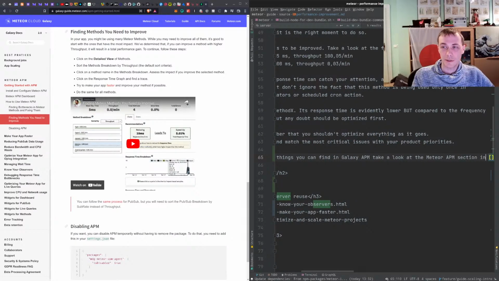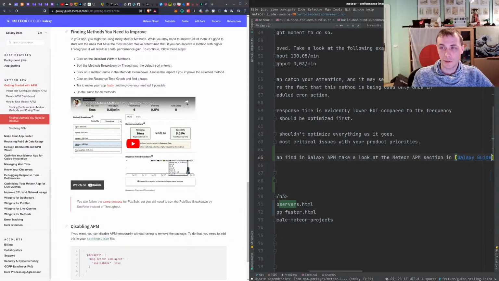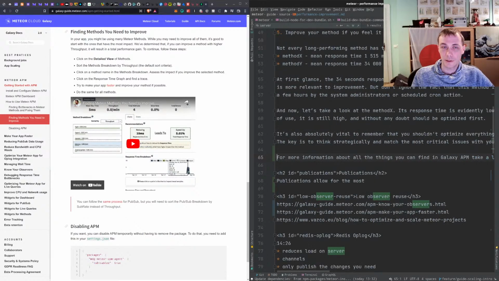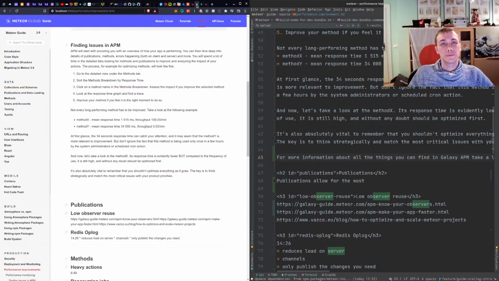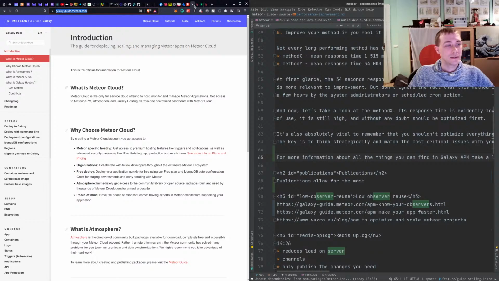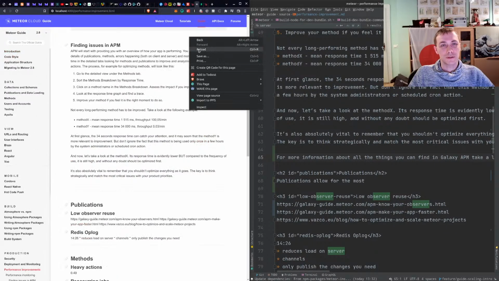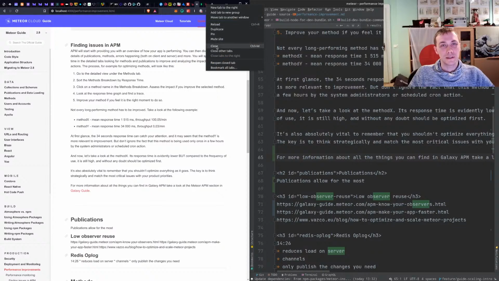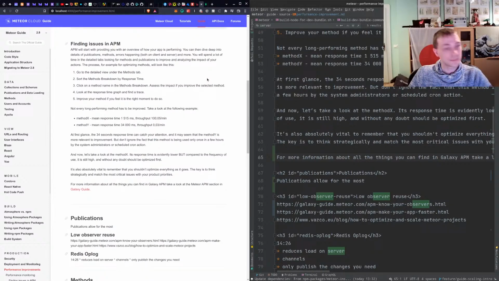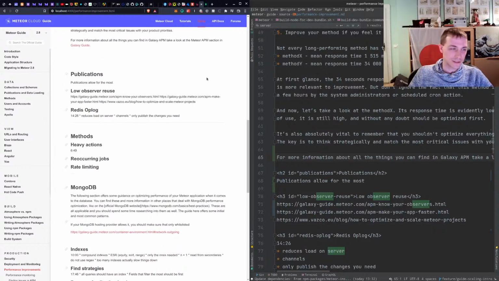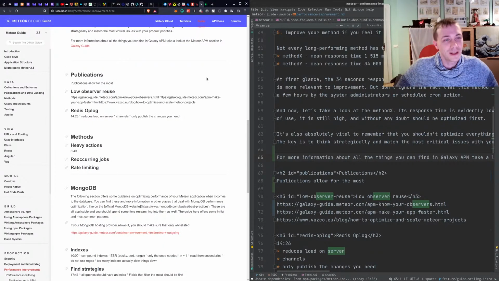The section in, this will be the link, Galaxy Guide. So that's kind of the first part to really be taken care of. And now we are getting to where I'm making the stream, because there's still a lot to write up. I don't think I will finish it tonight either, but at least I'm hoping to present to you where I'm